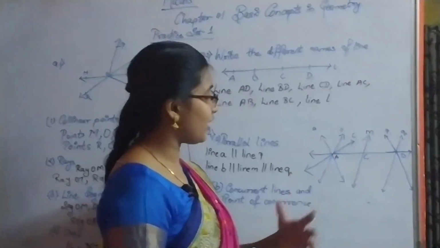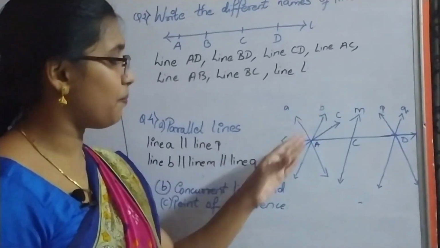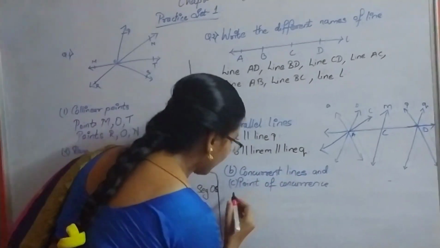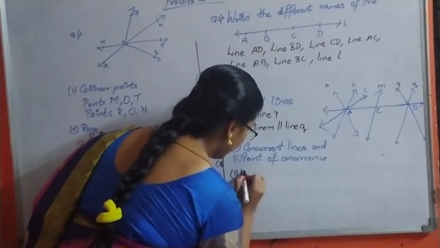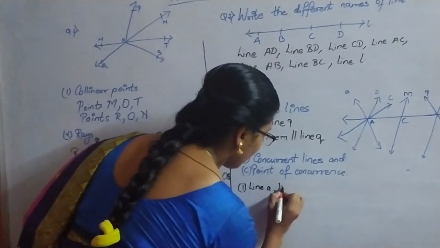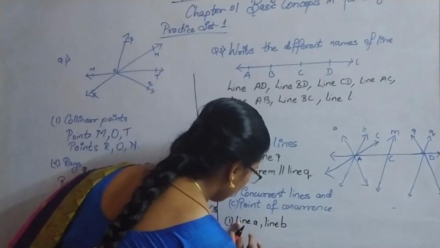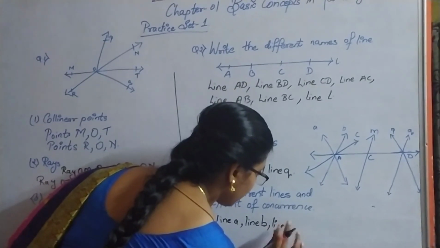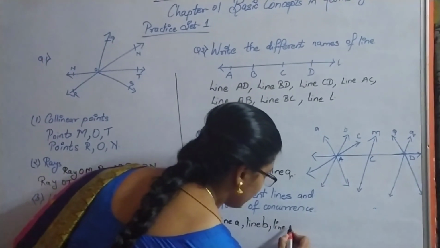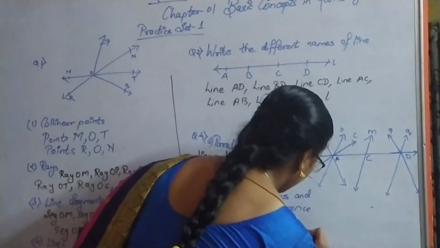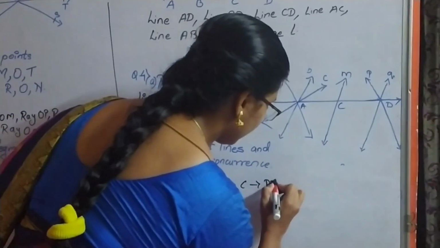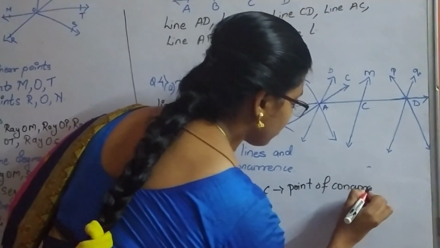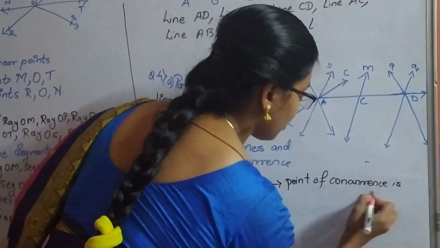So here in this diagram, I have lines A, B, C passing through a point A. So here my concurrent lines are line A, line B, line C, and their point of concurrence is point